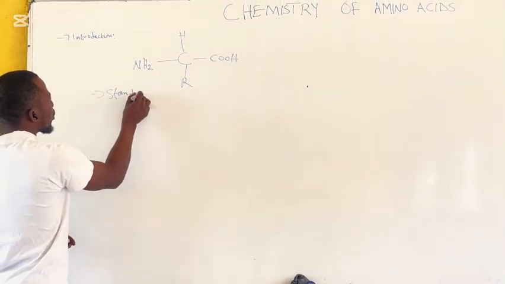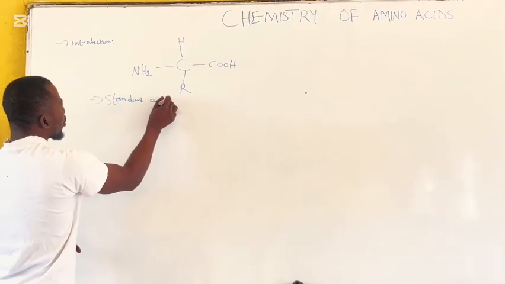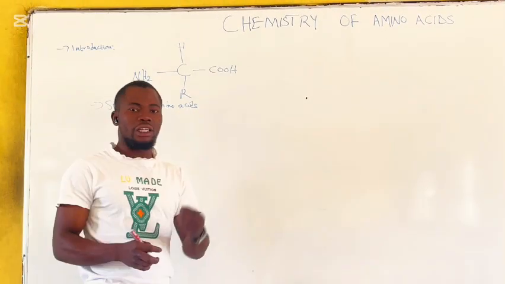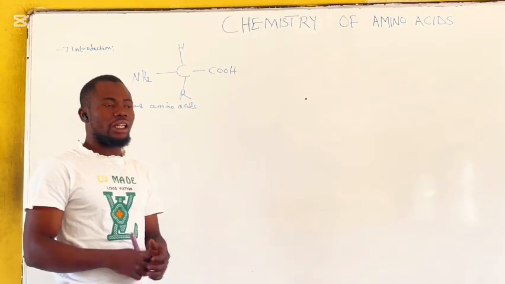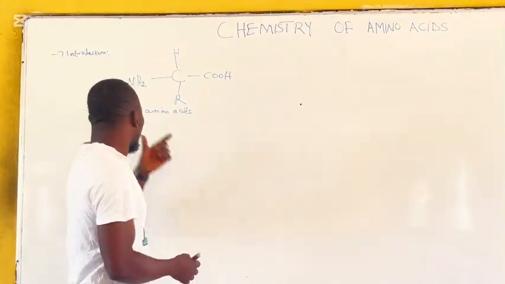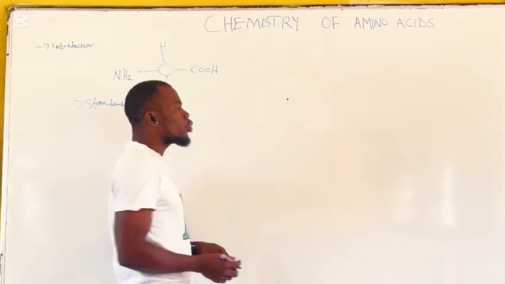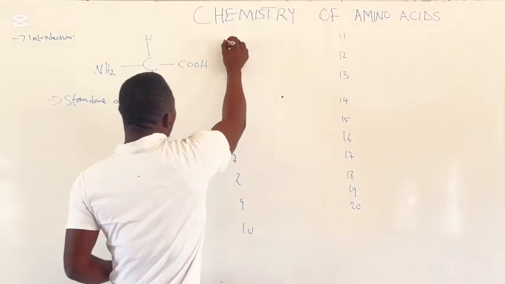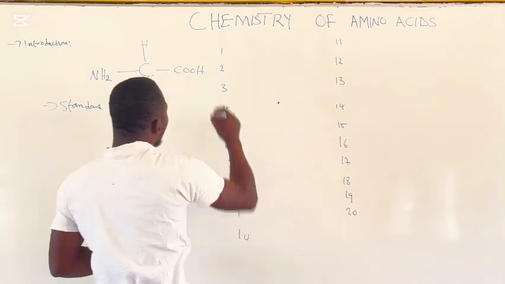Standard amino acids. And each amino acid has been abbreviated by a 3-letter word. So the standard amino acids, we say there are 20 of them. The standard amino acids include